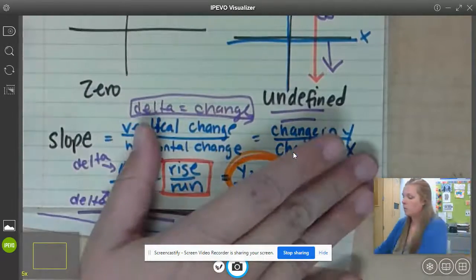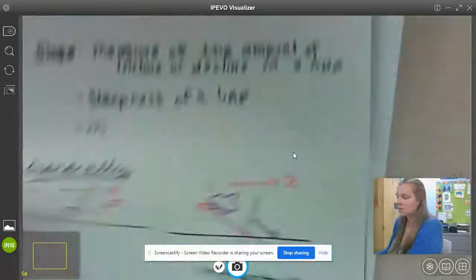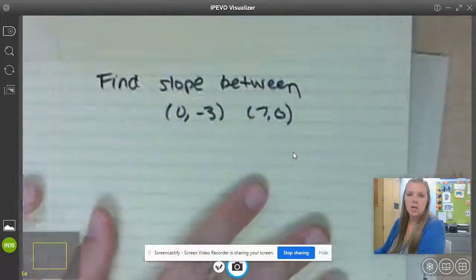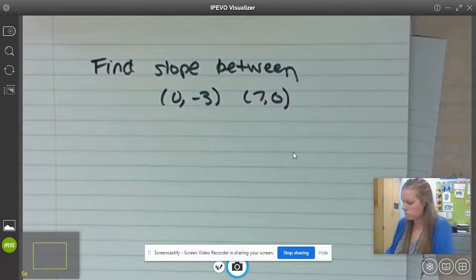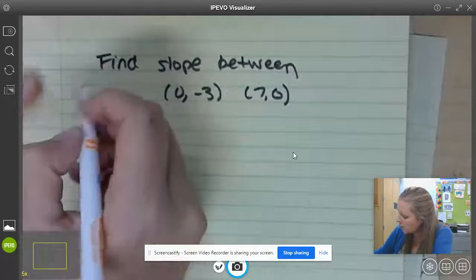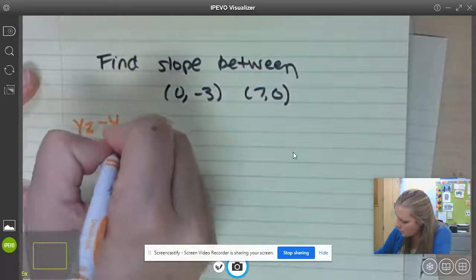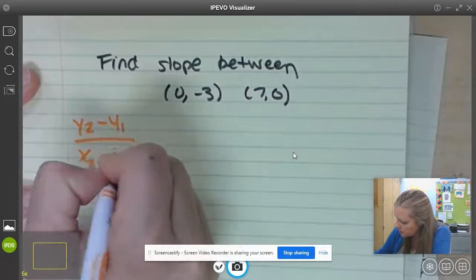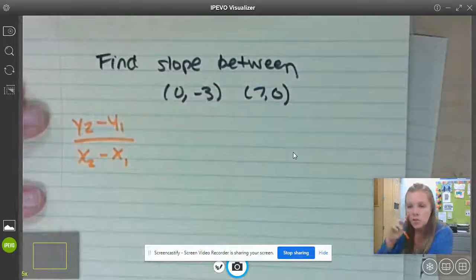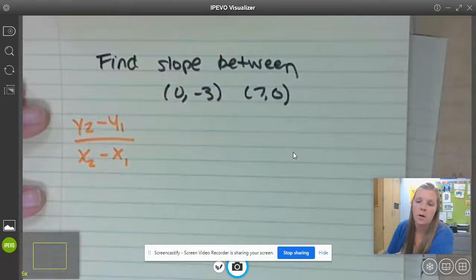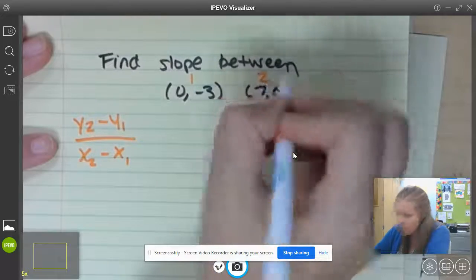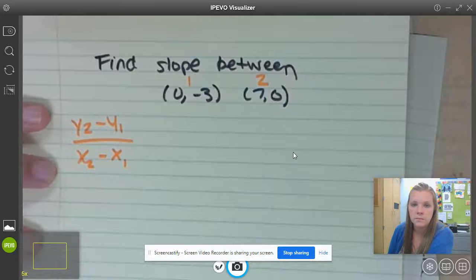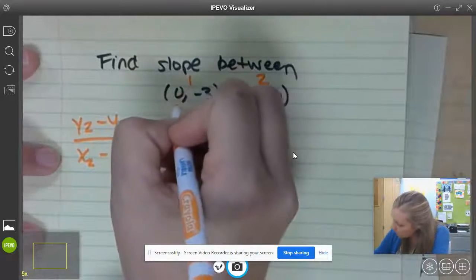Okay, one more thing is actually finding the slope between 2 points. So if I have 2 points, I need to be able to calculate the slope between these 2 points. That's where that fancy formula comes in. y2 minus y sub 1 over x sub 2 minus x sub 1. To do this, you have to identify which point you want to be point 1 and point 2. It doesn't matter. You just are picking. So I'm going to pick this as point 1 and this as point 2. If this is point 1, then this